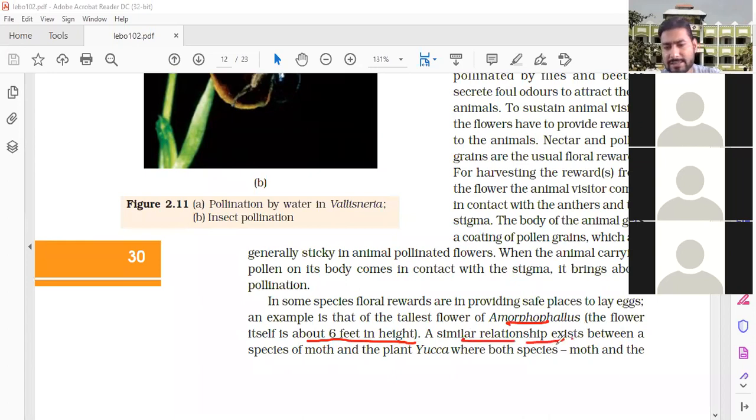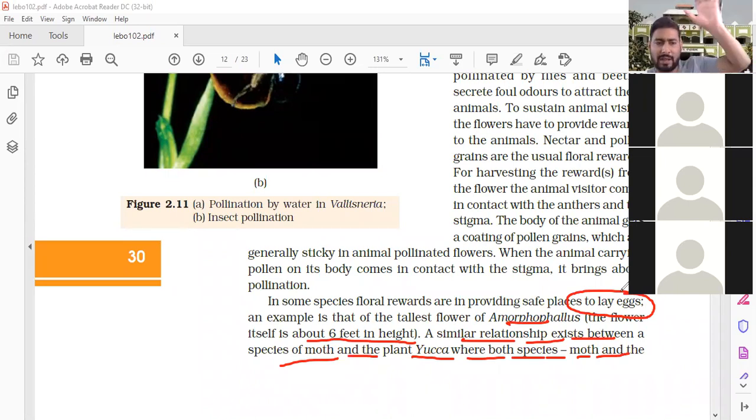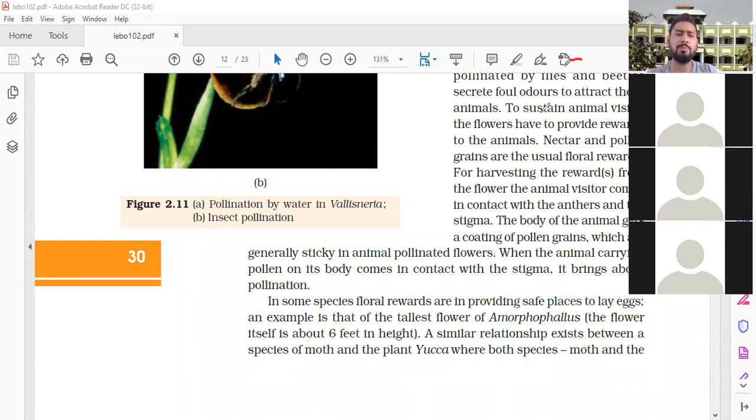A similar relationship exists between a species of moth and the plant Yucca, where both species, moth and Yucca. Okay, this is the example where they lay their eggs. Here they have given the species. If the flower is very big, some animals can lay their eggs inside. Nobody can reach that place, and it will be safe. So in the plant Amorphophallus, some pollinating agents can lay their eggs. Okay, another example,